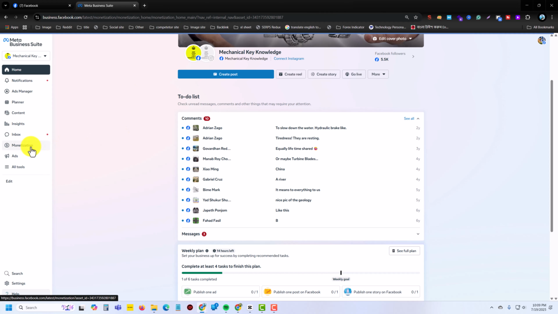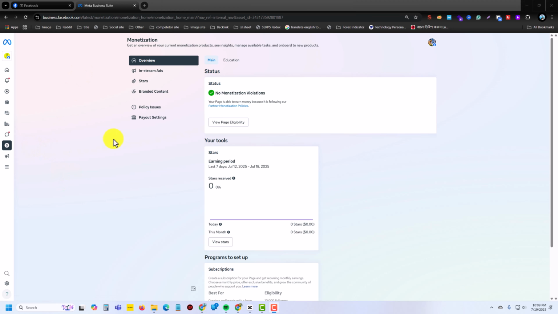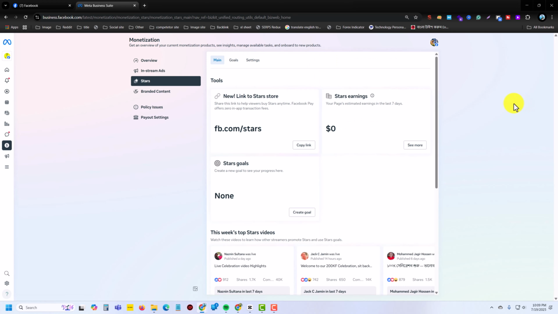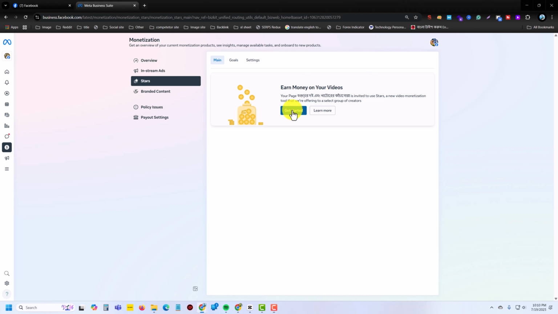Press on monetization, and here you can see the overview option. Press on view page eligibility, then you can see the star option. Press on view tools, then here you can see the get started option. Press on get started